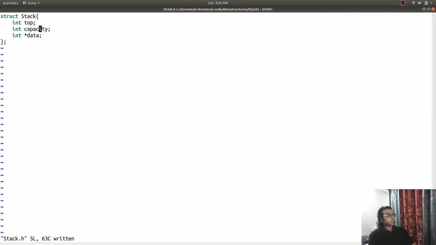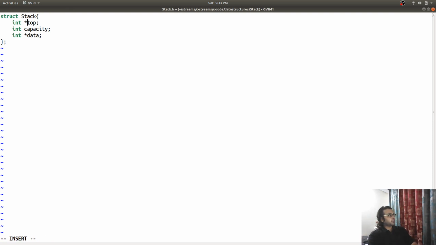So I have put it at the second point, so that if I'm using top a lot and capacity is above it, there is a possibility that capacity is going to be removed from the cache, and I will be using only top. This is why I put the top variable as the first value.